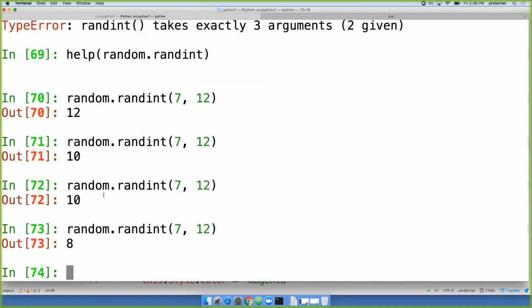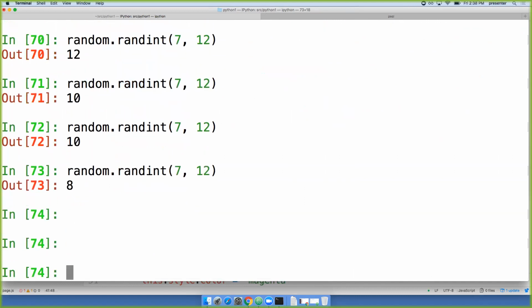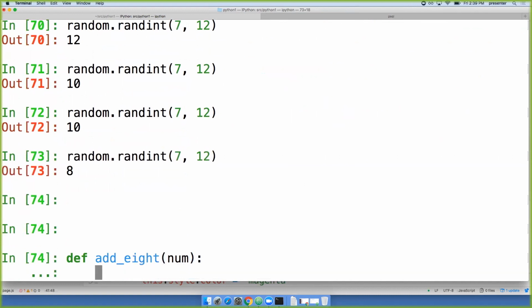And do whatever. There's something else. Oh, the place that help came from is actually the doc string for randint. So I'd like to talk about doc strings for a minute. So let's make another function. Def add 8, num. Every function should have a doc string. This is the standard way of documenting Python. And JSDoc is sort of similar in JavaScript, and so I've been trying to use JSDoc. But the first line,